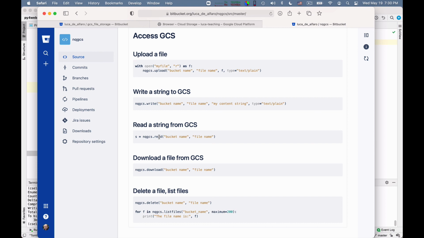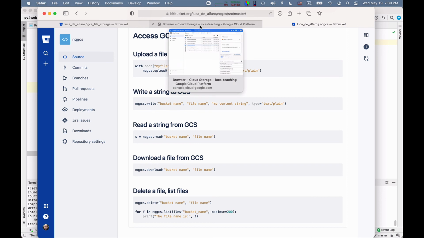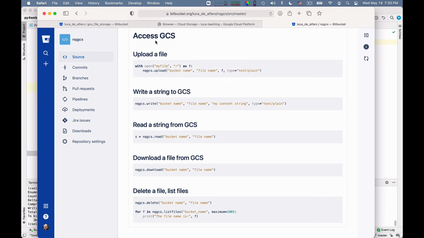And so I have this particularly simple module. It's available via pip, so you can just install it, okay? So this concludes the preparation steps, and now we can actually dive into the real code.